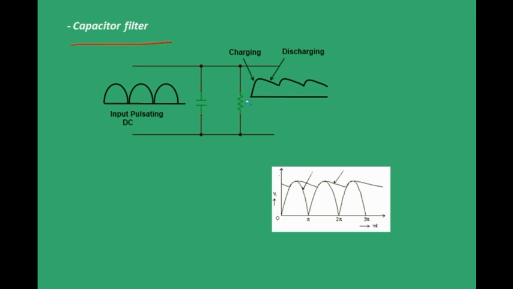What is a capacitor filter? Observe that your output voltage or output waveform was in this way, right? In the previous full wave rectifier case also. The current is in the positive direction only, but note that it is not constant in magnitude. It is varying as a wave. There are devices which work only on DC current at a constant rate. That is, current should be provided like this. It should have a constant magnitude also. So to get this output, we use something called a filter.